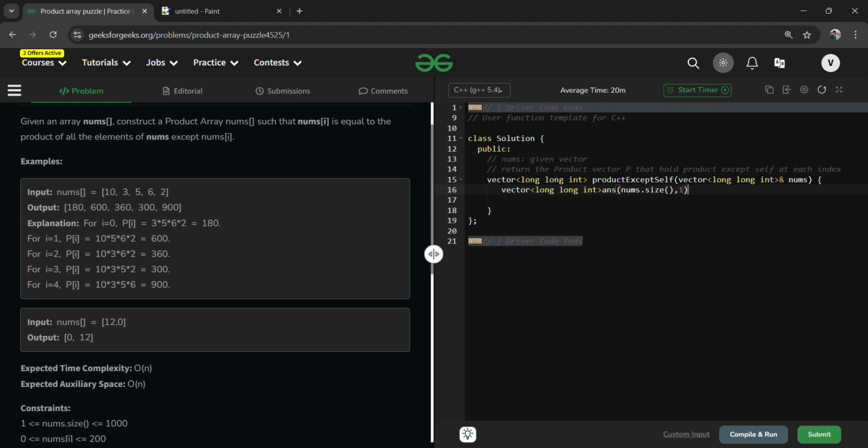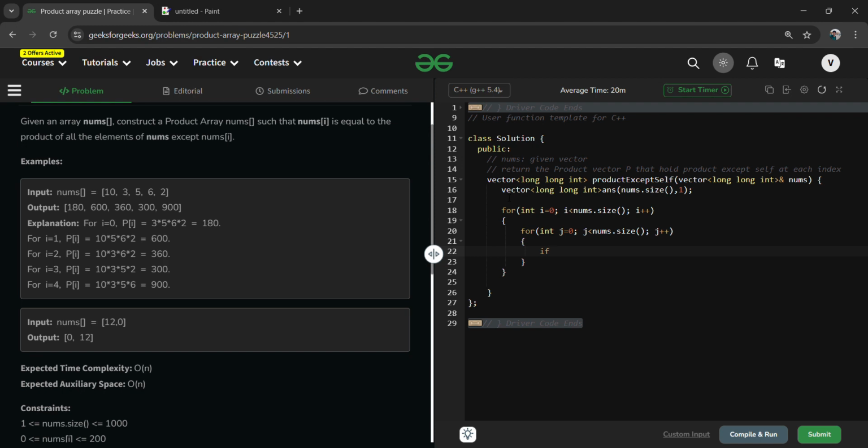Now once we have done these things, what I have to do: for int i equal to 0, i less than nums dot size, i plus plus. Basically I have to solve this problem by using two pointers. And for int j equal to 0, j less than nums dot size, j plus plus, and here I am applying the condition that if i is not equal to j,